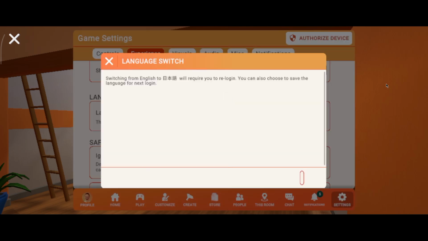After clicking on the language, you can see here two options: switch now or switch on next login. You can easily switch on the next login or switch now. It will redirect you to the login page and you can log in again, and this is how you can change